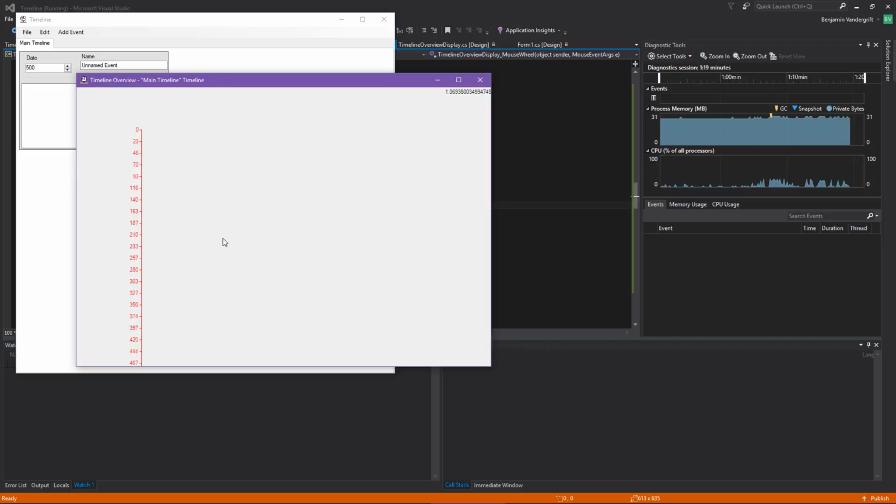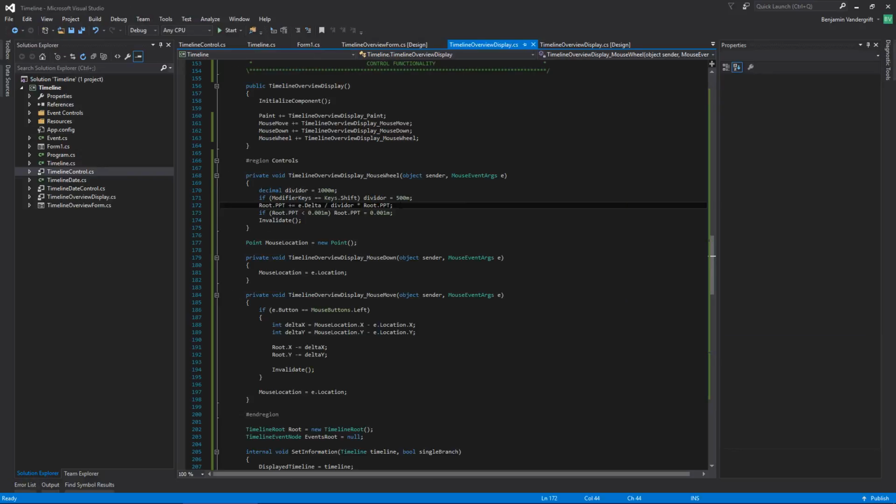Now, one of the things that you'll notice is this does not adjust that relative position. It is not a zoom. It might be possible to implement a zoom. Like if I hold down Control and start doing this, it will not only adjust the PPT, it will adjust the root position. And I might look into doing that. But for now, there's two things I think that I want to do. Or if I do that, I would want to adjust how I'm doing this. Yeah,